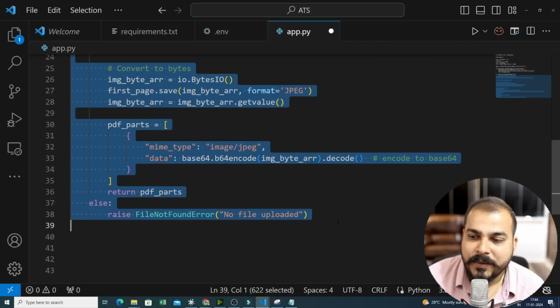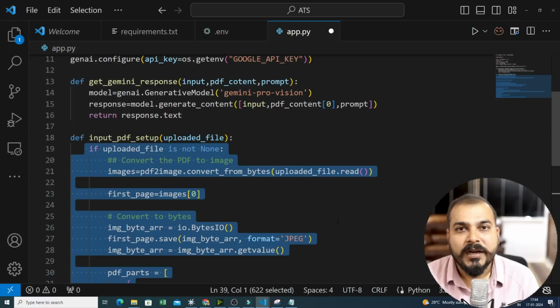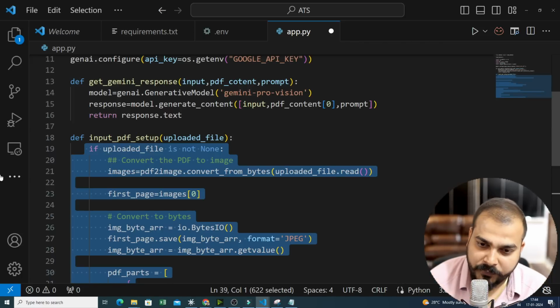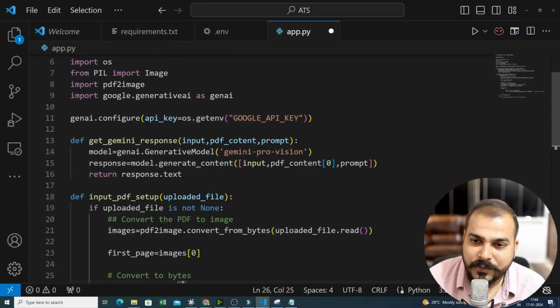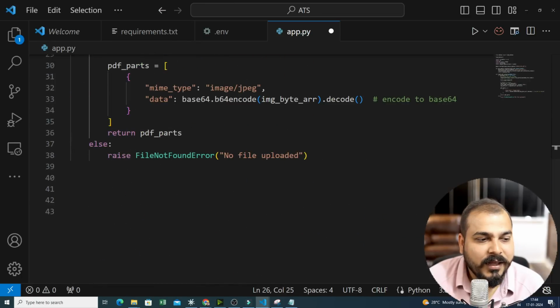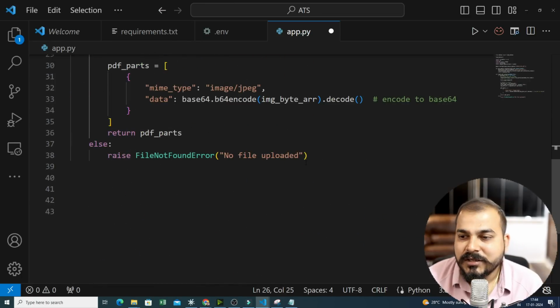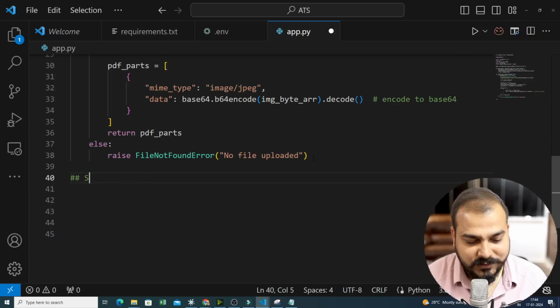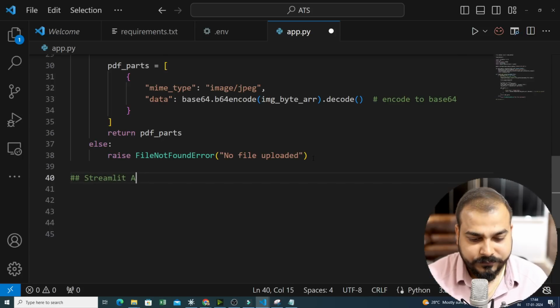And this is the main thing, right? With respect to the PDF, we are converting that into an image, and then we are getting into a format which Google Gemini will also be able to understand. So once you are done with this, the next thing is that all you have to do is create your Streamlit app. Okay, and now here is the most challenging part that comes, that is writing your